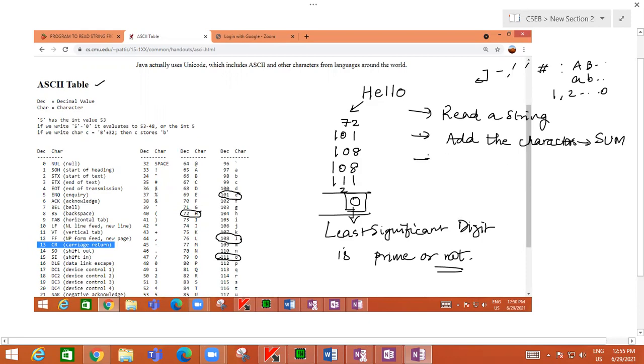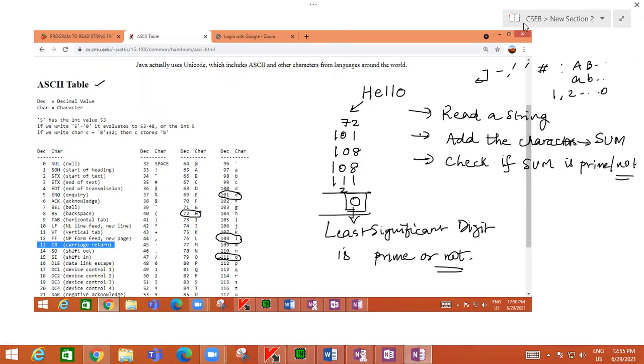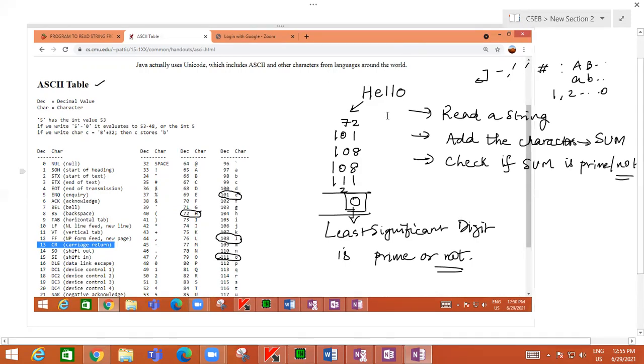And then you have to perform one checking: check if the sum is prime or not. Okay. So this is what you have to do. So I'll show you how to load a string, and how to access and process the strings.